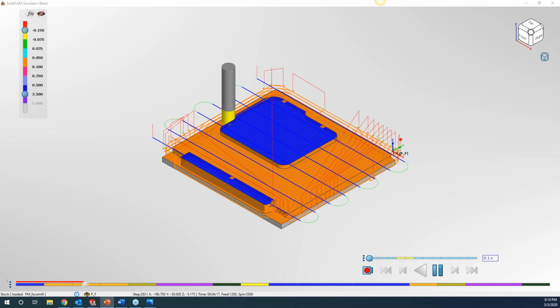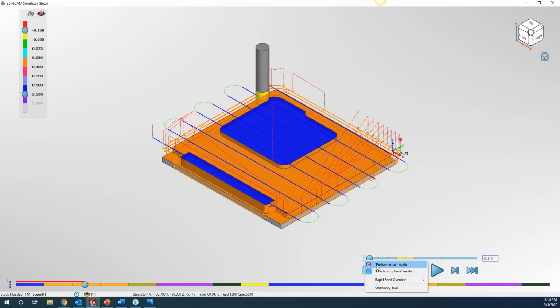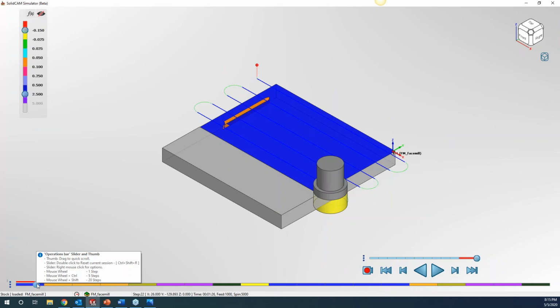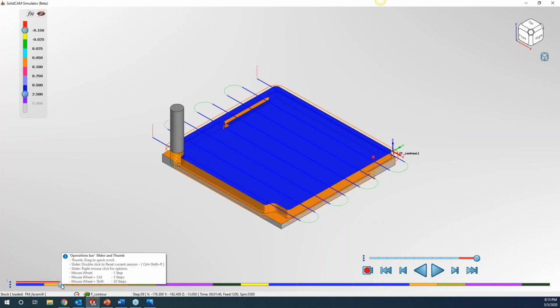Now, one thing that I really like about this is, in our simulation, let's go ahead and switch this back and pause this to performance mode. Now down here, you'll see that I have equally spaced out bars for each one of my operations. So here's my face mill, contour,